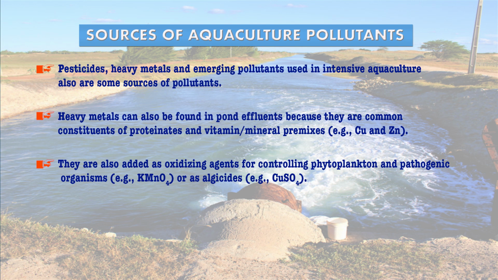We do not require them in those aquaculture farms. In the same way, there can be certain unwanted weeds growing or certain phytoplankton which are undesirable. I mean, you do not want that. So, for that purpose, we are adding certain oxidizing agents that could include potassium permanganate or certain algicides, for example, the copper sulfate forms. So, this will also enter the water and they are also a form of contaminants causing